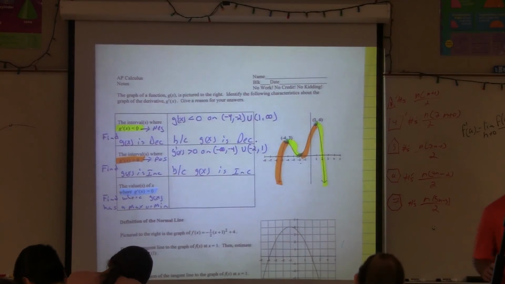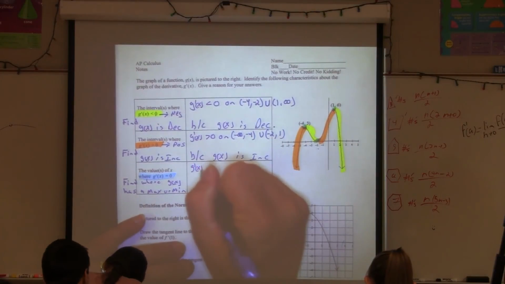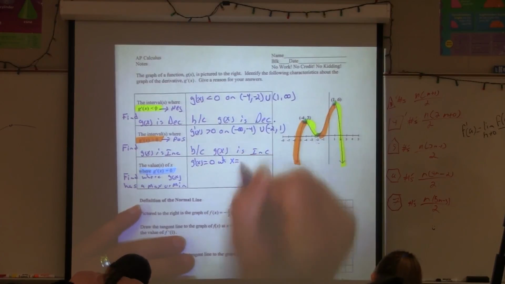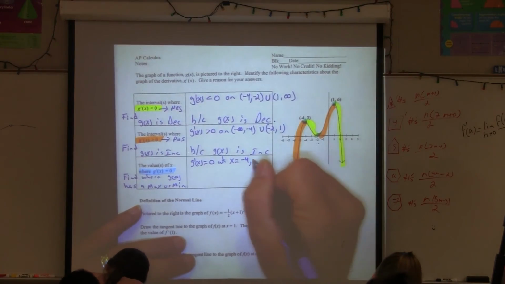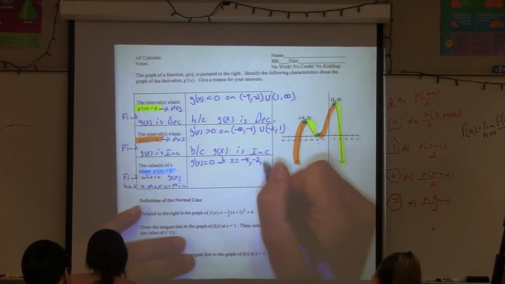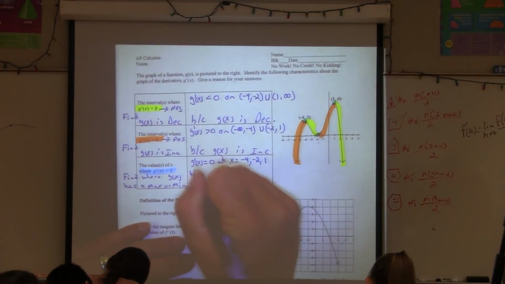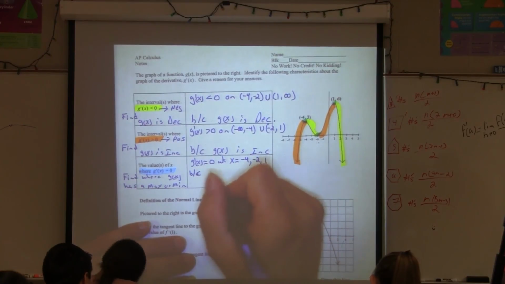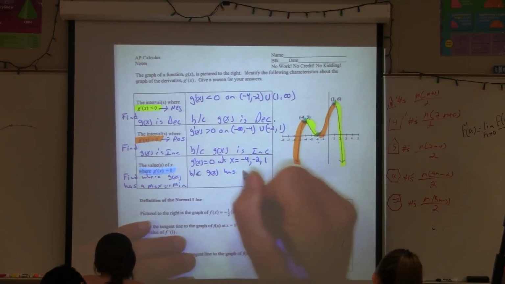So let's just write it out, okay? We can say that the derivative is equal to 0 at x equals negative 4, negative 2, and 1. Why? Because what has a maximum? G of x, the original function, has a